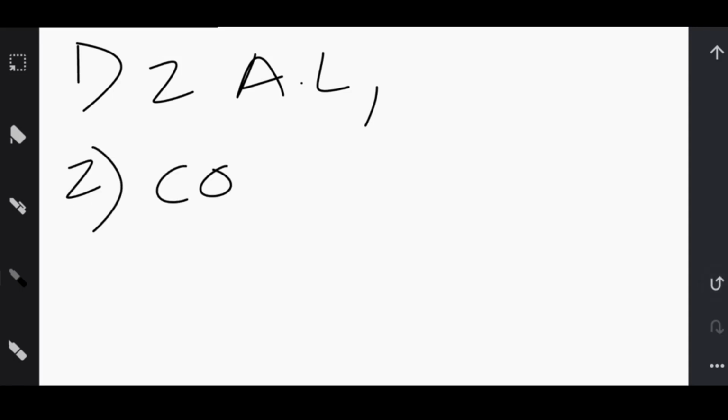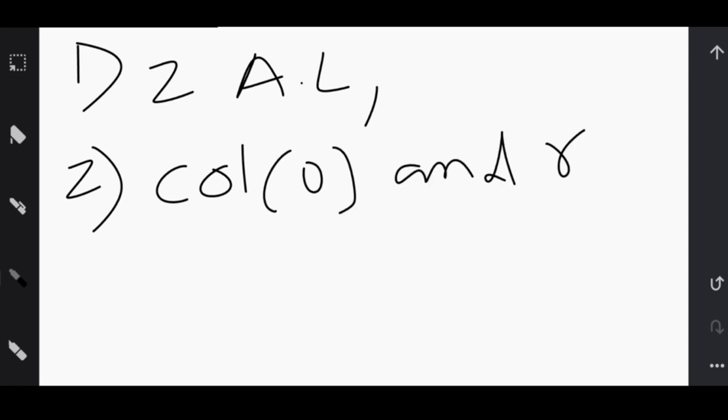So what is the summary of our approach? First of all, we will create two array lists, one for color and one for radius. Then we will add the first element, color 0 and radius 0, to the array list, right?